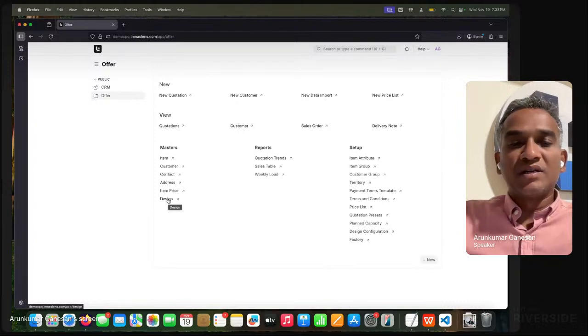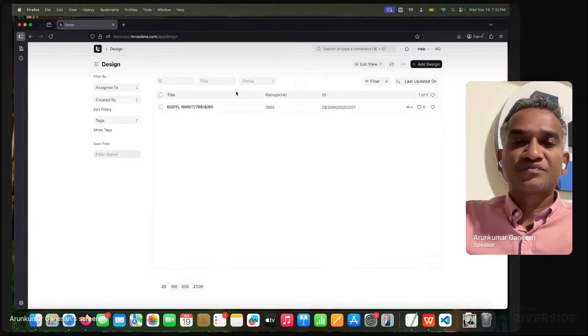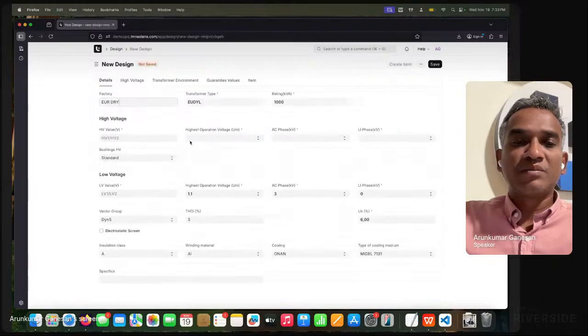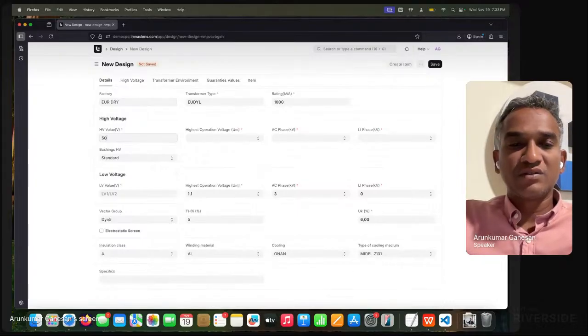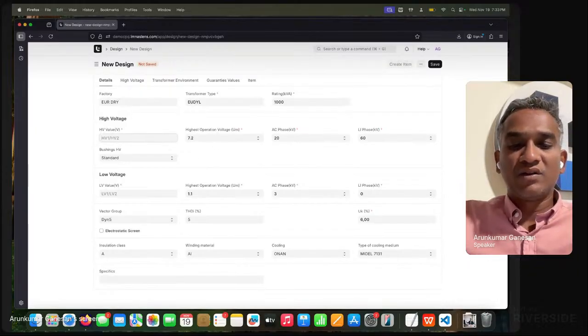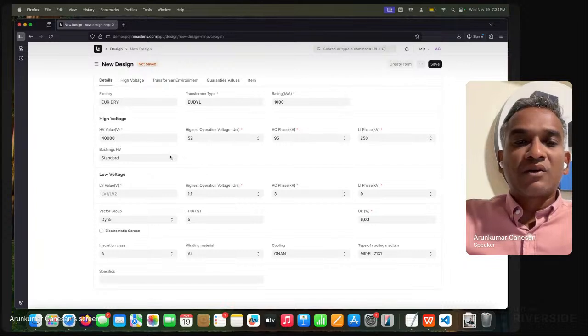So how do we really design that? And a few other parameters. So we create a new design, for example, like this. You can add a new design, and then most of the things are automatically populated based on the factory settings. And if I give somewhere around 5000, it should either stop me if I say, hey, 40,000, whether this is accepted for this factory, for example. So then accordingly, most of the values are populated, right? So we just create a new design.